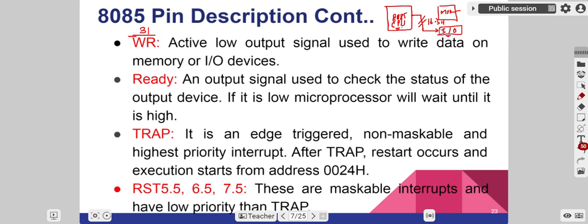It cannot be an input device because we have to write onto this. So this can be an output device. We can only write onto an output device. We cannot write onto an input device because an input device is used to provide input to a microprocessor. We will provide some instruction to the CPU with the help of an input device. On the other hand, if we have to write some data from the CPU to any device, that can only be an output device. Next pin is the ready pin.